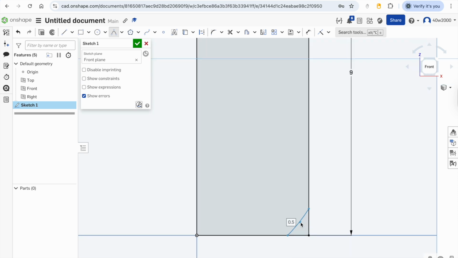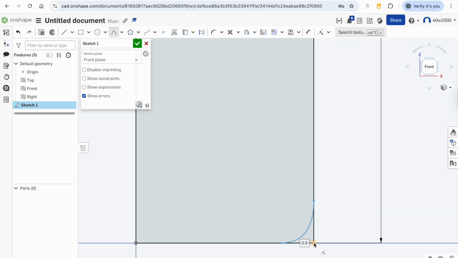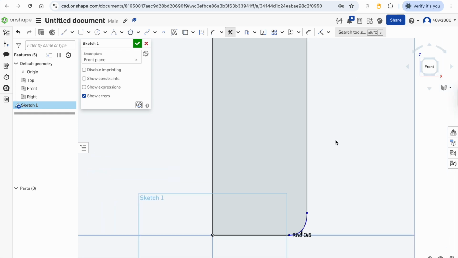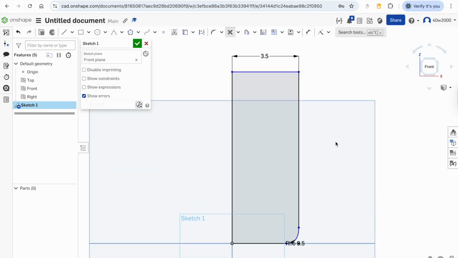If I just zoom in, I'll just go to that center point there. It locks straight on that little anchor in the corner of the rectangle, and click to apply that. A measurement box will appear, just press enter and we'll leave that as it is. Now go to the trim tool, so that's the scissor icon, and then just delete those two lines from that corner. Okay, so if we zoom out, we can see that we've got half of the coffee cup, but it's